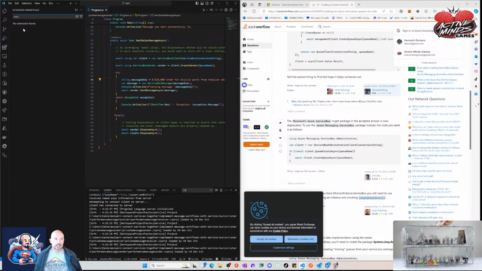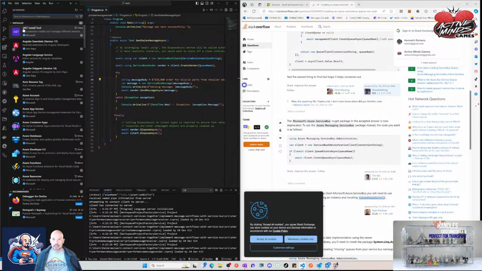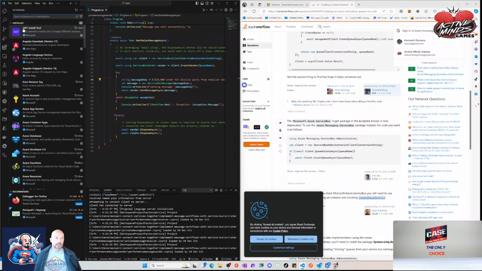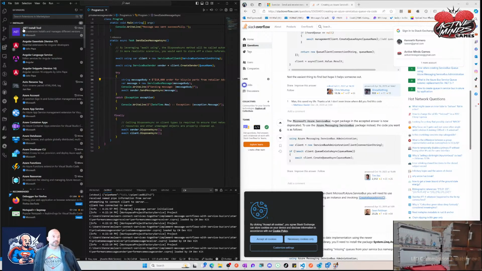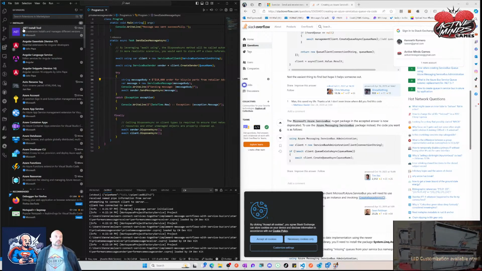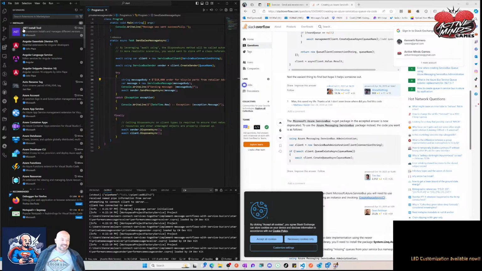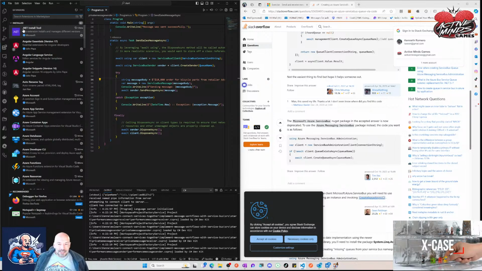I think I might have to do this in Visual Studio because it's not here. I guess that's what I get for trying to do stuff in VS Code, knowing I could do some stuff. Apparently I can do this in Visual Studio, but